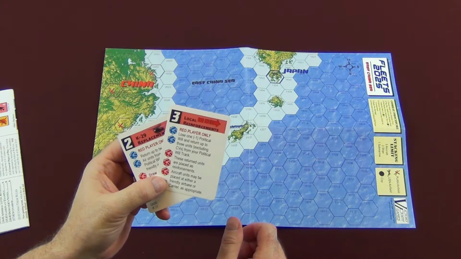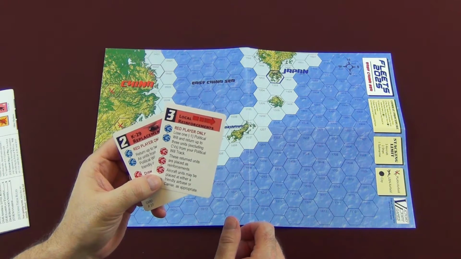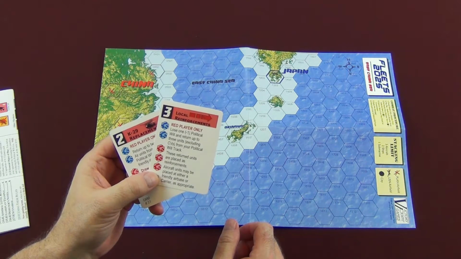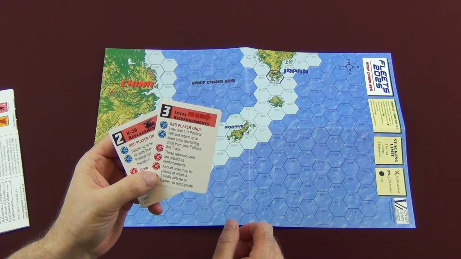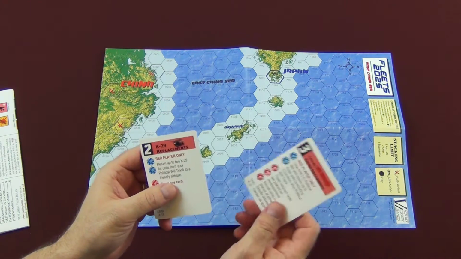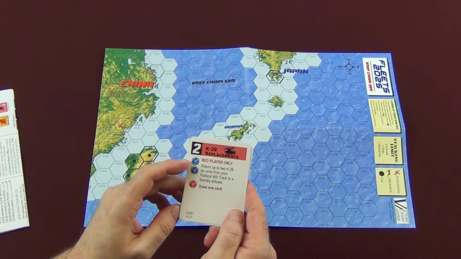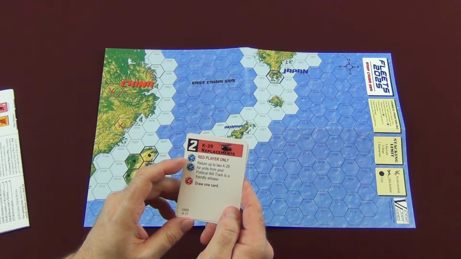It says here, local reinforcements, red player only. Lose 1 political will and return up to 3 units, excluding CVs, from your political will track. These return units are placed as reinforcements. Aircraft units may be placed at either a friendly airbase or carrier as appropriate. And the K-29 replacements, those helos, you return up to 2 K-29 air units from your political will track to